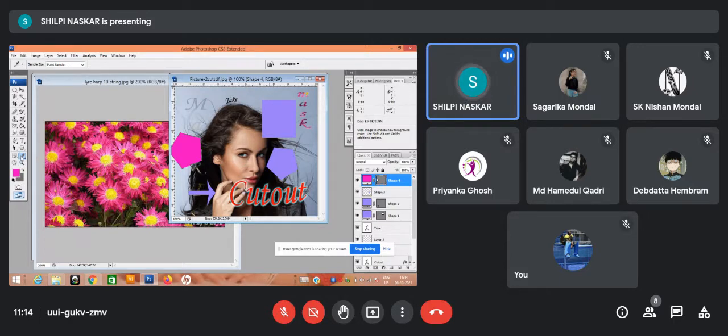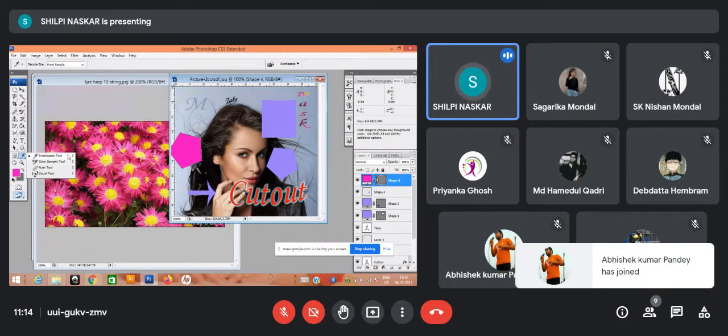Say, as I'm moving this eyedropper onto the shades, onto the text, onto the image, see, the color proportion, the color percentage, is changing. Say if you mix here to get this particular color, if you mix 17% of cyan, 36% of magenta, 44% of yellow and 0% of black, you will be getting this particular color shade. So this eyedropper tool is basically used to get that particular color.